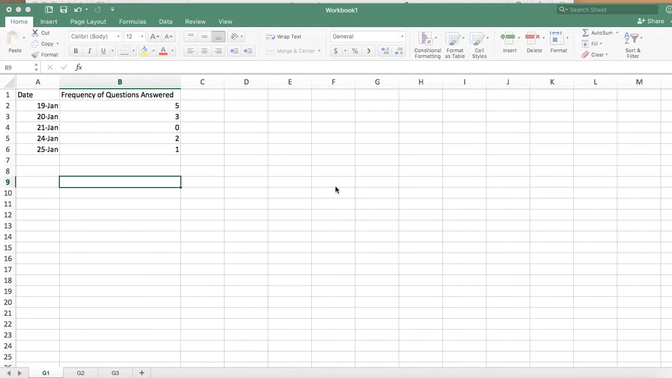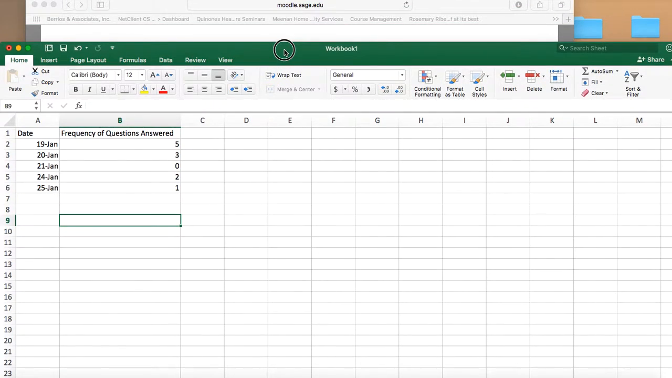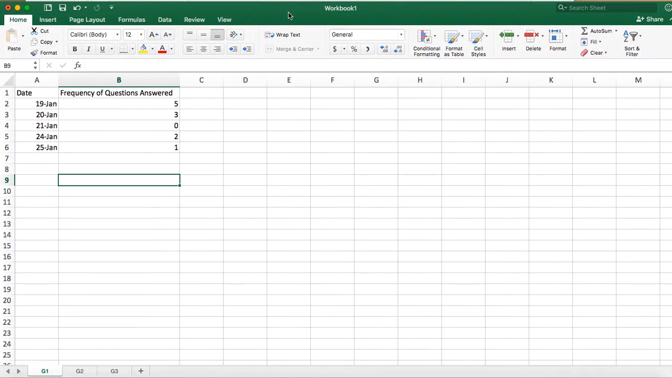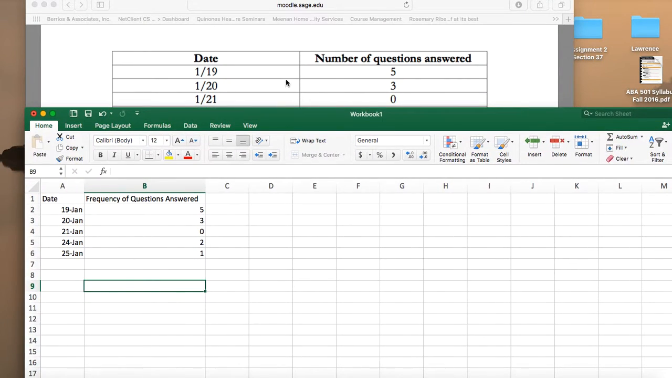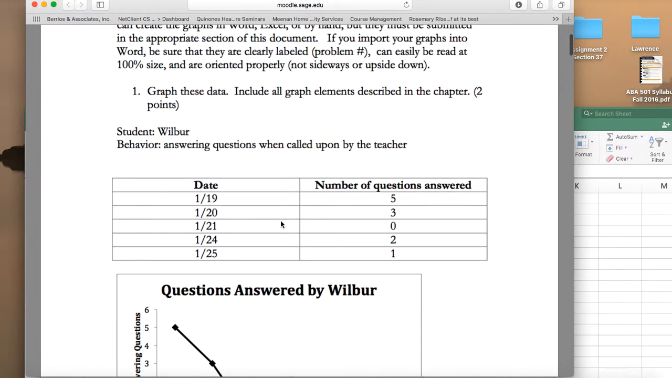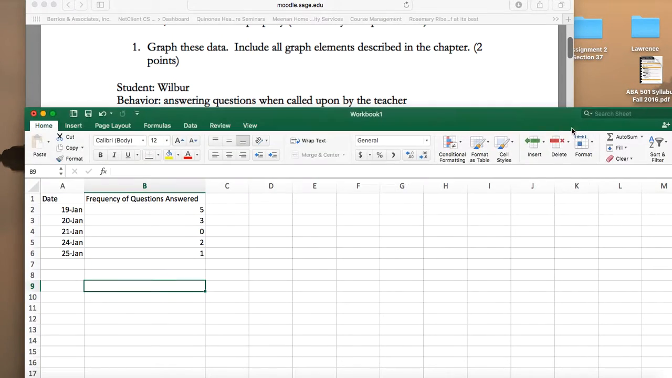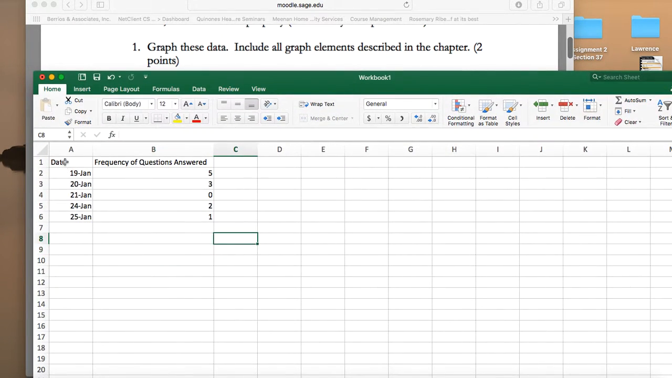So anyway, we're just going to get started. We're going to go through the questions in activity 4. So we're going to start off with our friend Wilbur here, who for him we were graphing the number of questions answered for our first graph. So as you can see, I've already put all the data in here, and we're going to get started with